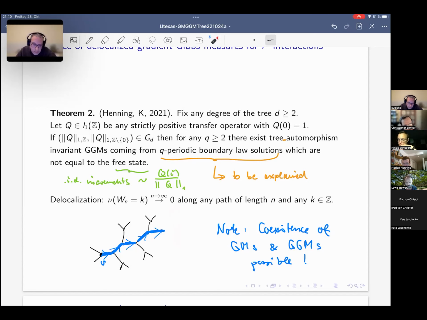And especially for the free state, you have simply a random walk, not the nearest neighbor random walk, but with this distribution. Okay, and so the interesting thing is if you go also through the criteria, for instance, in the SOS model, so coexistence of GMs and GDMs, localized, delocalized ones, is possible for the same parameters. So you can compute ranges of parameters of betas where you can see that this is possible.